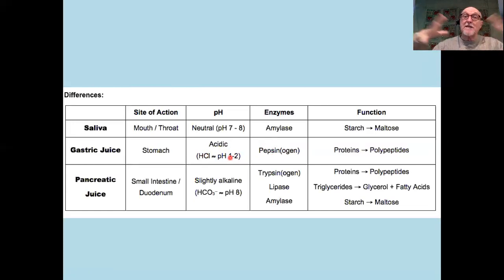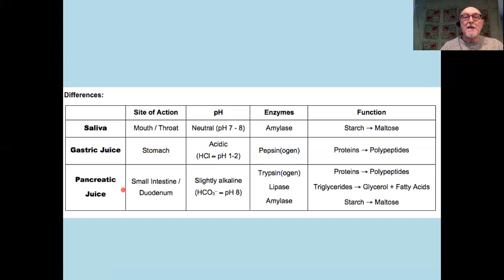That isolates it. It keeps the hydrochloric acid away from those tissues so that they don't get damaged by the acid. So the stomach produces both hydrochloric acid and an enzyme called pepsin. Once that first part of digestion is finished in your stomach, it gets passed down into your small intestine,